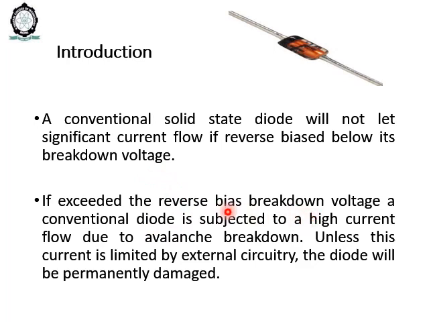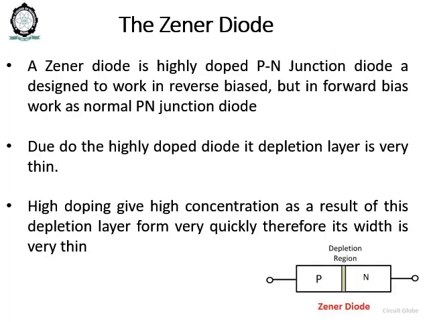A breakdown occurs at that high voltage, and due to that a large amount of current flows through the junction, and in such a condition the diode will be permanently damaged. So in reverse bias condition, the conventional diode is not able to work properly. That's why we need a diode which works in reverse situations. Therefore we need a Zener diode.